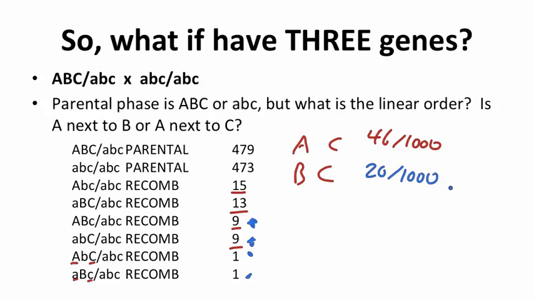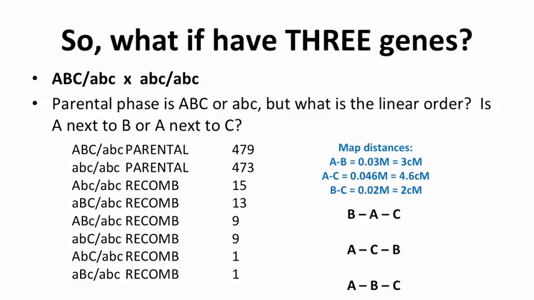So let's put all these numbers together. There we go. So between A and B, we have 3 centimorgans. A and C, we have 4.6 centimorgans. B and C, we have 2 centimorgans. So we can, from this, figure out the linear order of genes, right? What should happen is the distance from one end to the middle plus from the middle to the other end should be about the same as